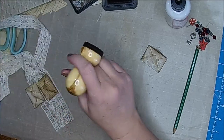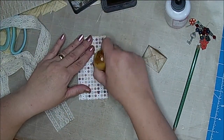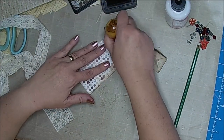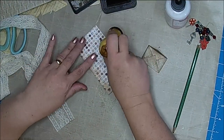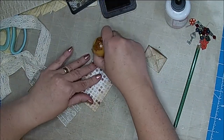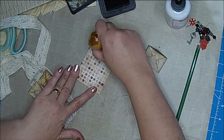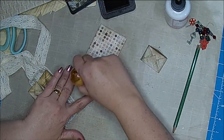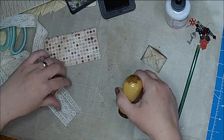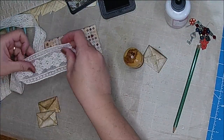And I really don't know if it's going on that piece of paper. It probably will, because I don't have those other ones done yet. My plan is to do them this afternoon or first thing in the morning. So I'm just going to kind of tone down that white. I know most of it will be covered, but, and then we're going to take our lace,